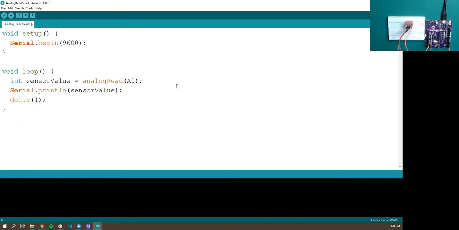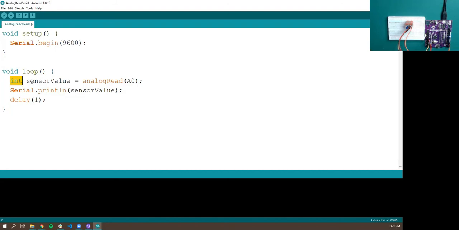So for this analog read serial, we will be setting up using the serial monitor. So we need to set up the serial monitor by writing Serial.begin and then 9600 bits per second for the data transmission. The void loop, which is the main code area, we will be